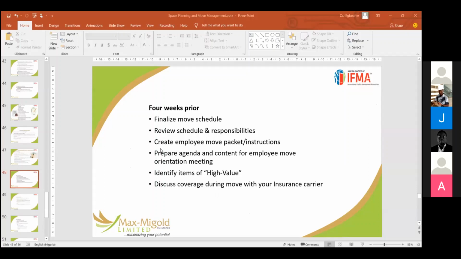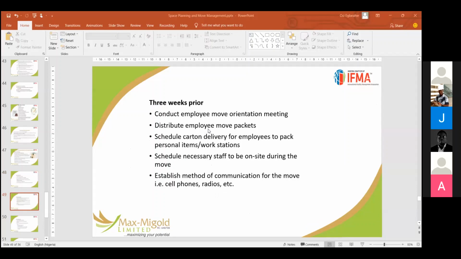I've mentioned that you must get goods in transit insurance, especially when you're using professional movers, or even if you're doing it yourself. Three weeks prior to the move, conduct an employee movement orientation meeting, distribute the employee package, move packages, schedule carton delivery, and schedule necessary staff on site